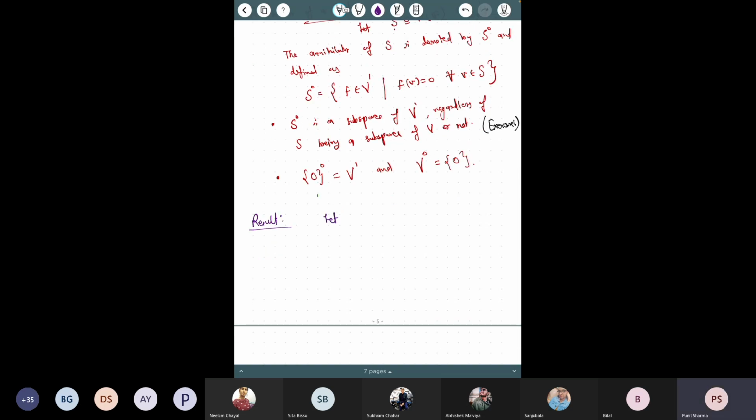So if we have a, let's say, subspace W of a vector space V. So let's say now this W is a subspace. Then the dimension of V, and assume that V is finite dimensional. Okay, so this is a finite dimensional vector space. Then the dimension of V is equal to the dimension of W plus the dimension of the annihilator of W.